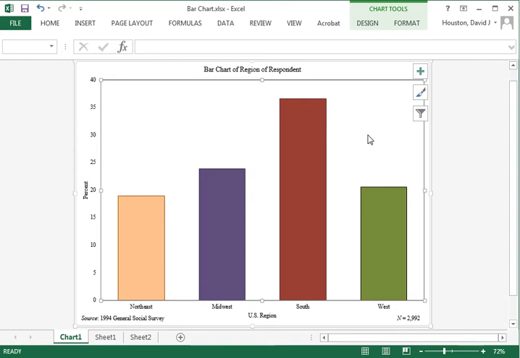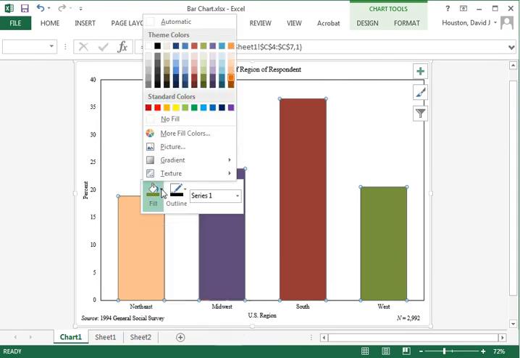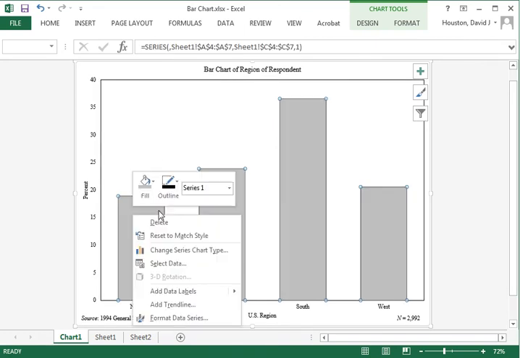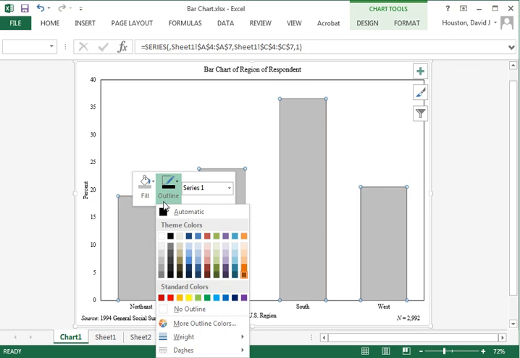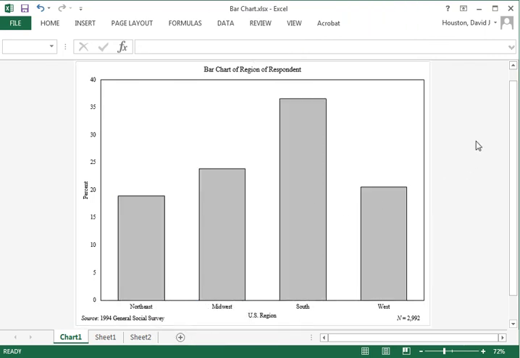So let me now just click on one of the bars, and now all are highlighted. Right mouse button. I'm going to come over for the fill. I'm going to choose a shade of gray. See how that looks. That looks pretty nice. And now let's go ahead and click again to highlight them all. Right mouse button. And the outline, I'll just make it a black outline. And there, that's going to be a nice shade of gray, so it's a little bit of color to it, but also it's not all black, so I'm not using an awful lot of ink when I print this up.